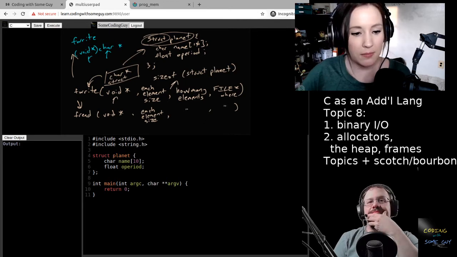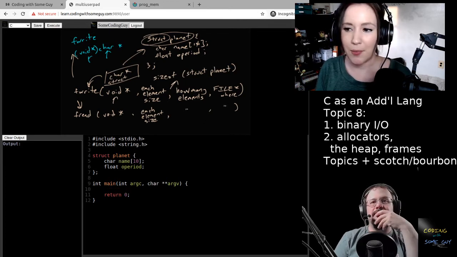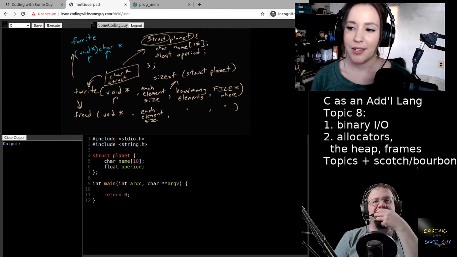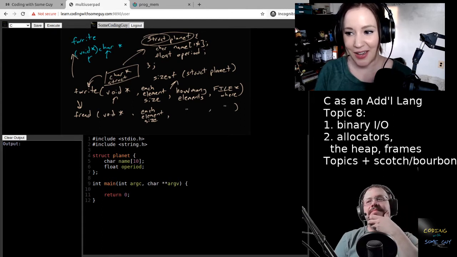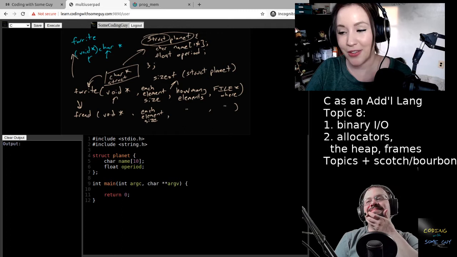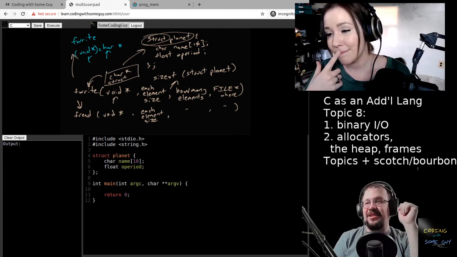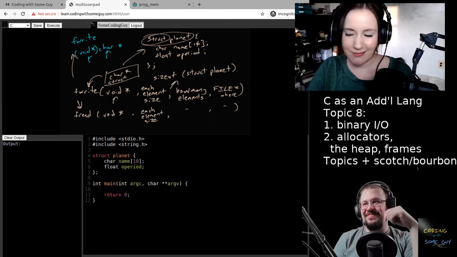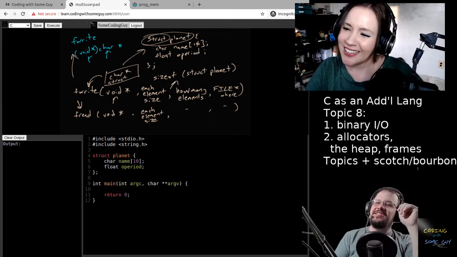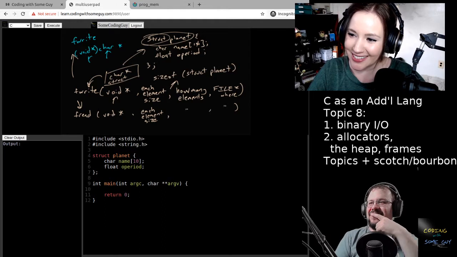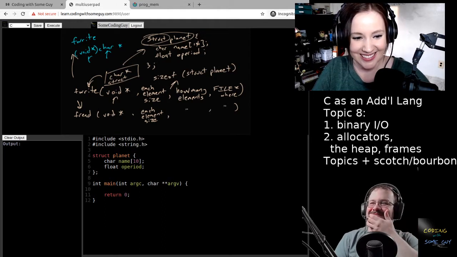Okay, an array of planets. Are these going to be planet names? Oh, no, I want to use this struct planet thing we got. How do you make an array of structs? Okay, start with a single one.